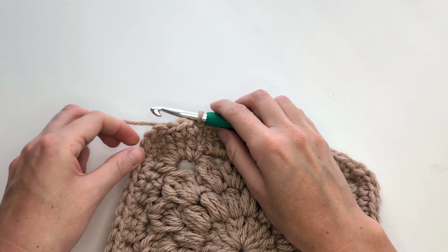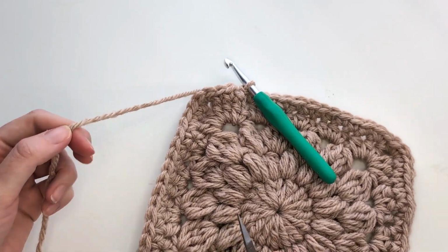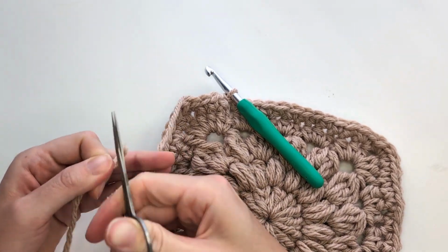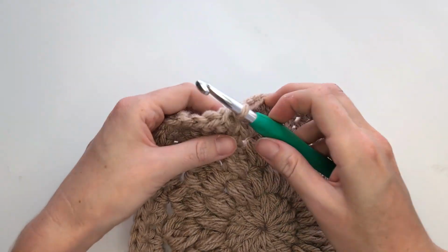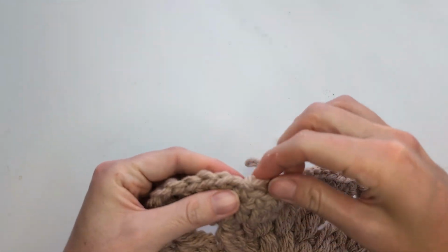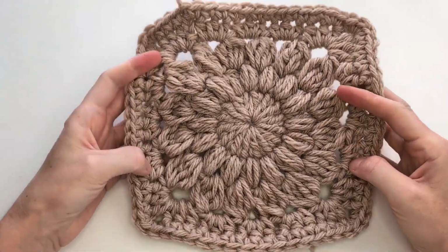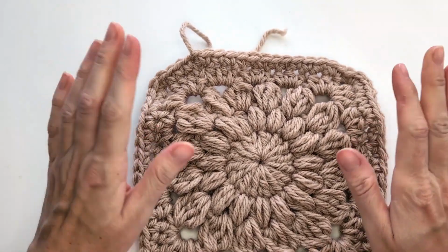And there you go. Now we've completed our single crochet round. So go ahead and grab your scissors. Go ahead and cut your yarn. And then you are just going to pull it through. There we go. And now you just want to go ahead and work in your 2 tail ends before we